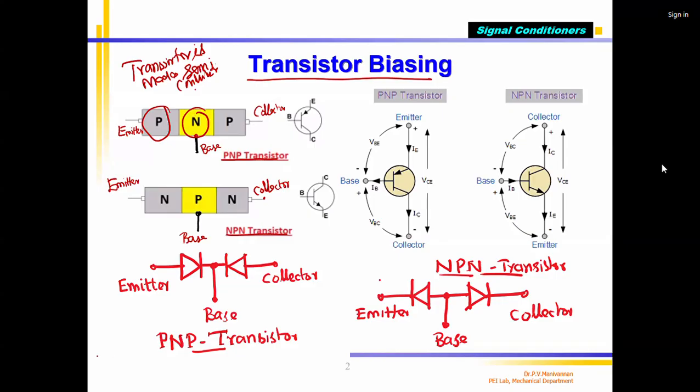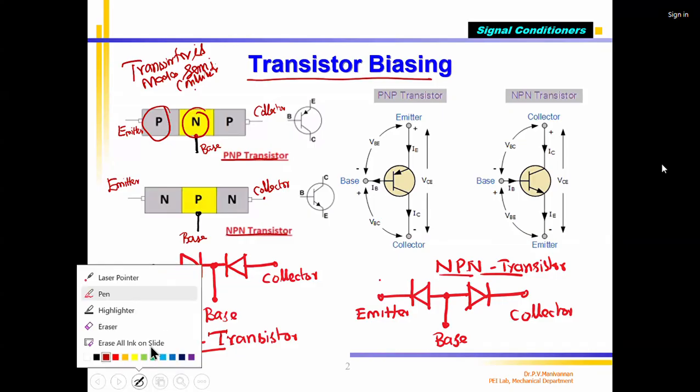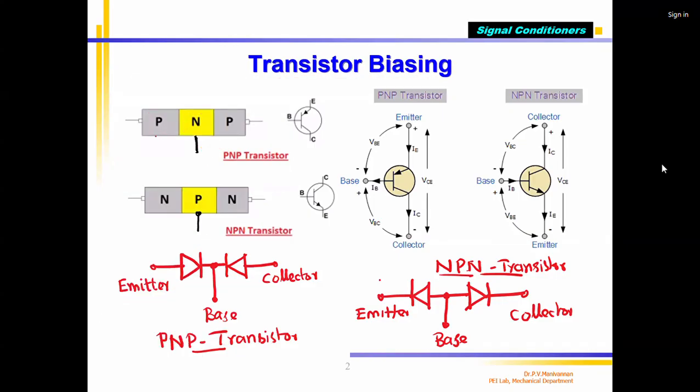If you see, for example, a PNP transistor, think of it as a whole, solid cylindrical shape like this. This is divided into three portions. The first portion is doped with what you call trivalent